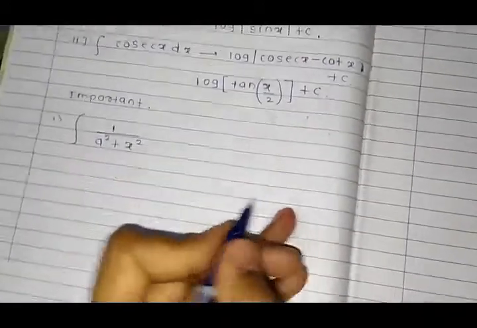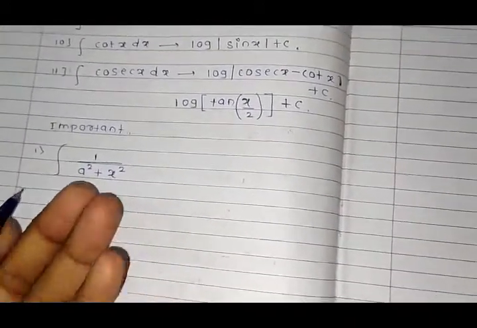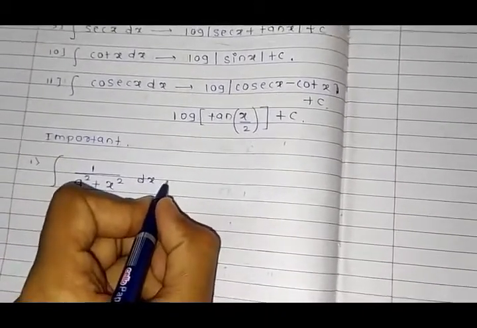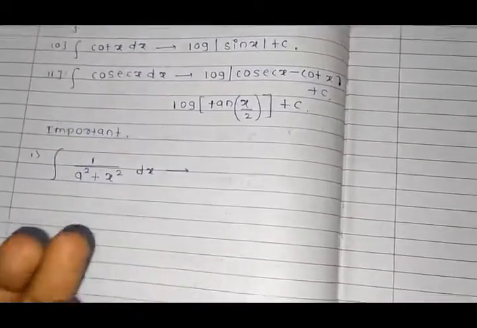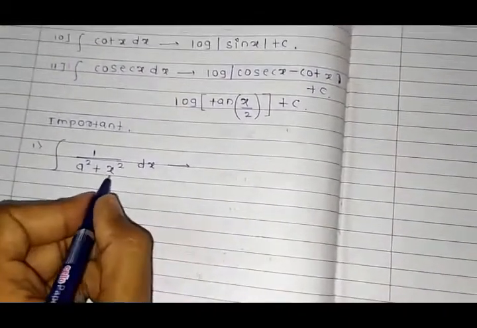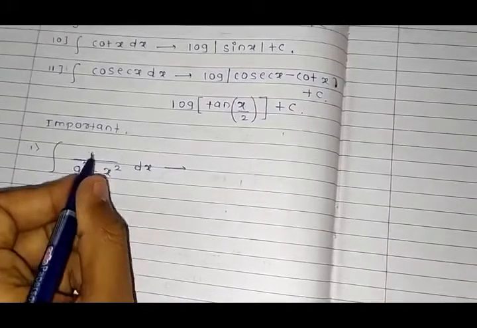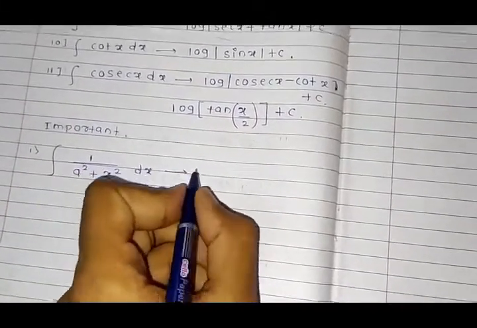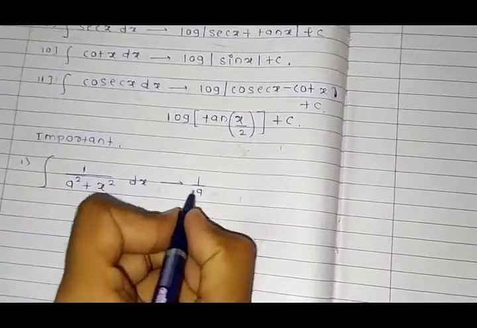It is the most important, in all exams. It is very simple: constant and variable, both squared, and it is a division. Then the integration is 1 by a